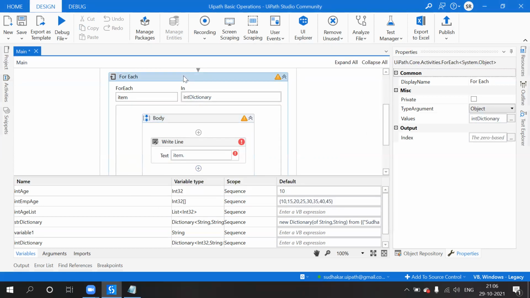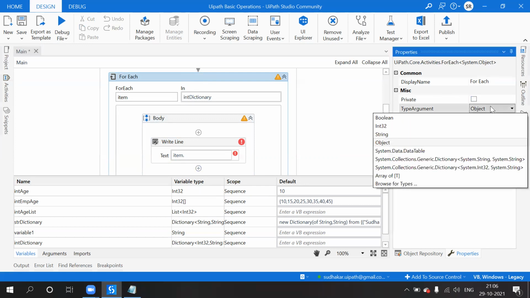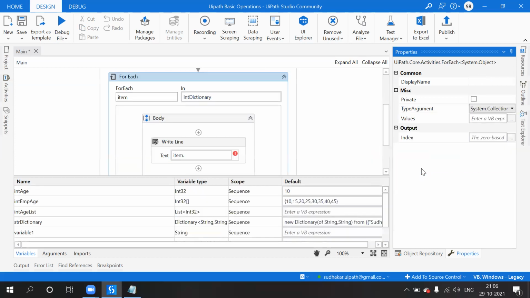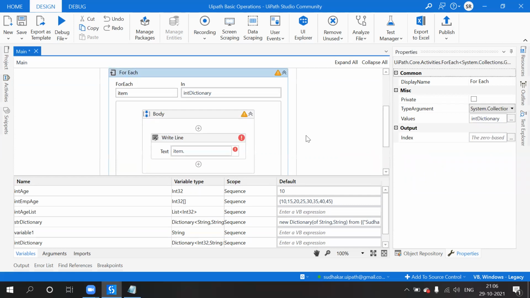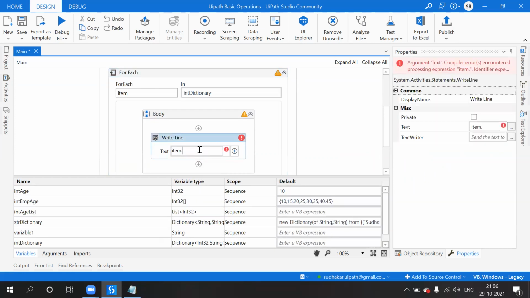So here also the same. There is a type argument, and by default it is object. So what do we have to select? It is already there, right? Select this one.